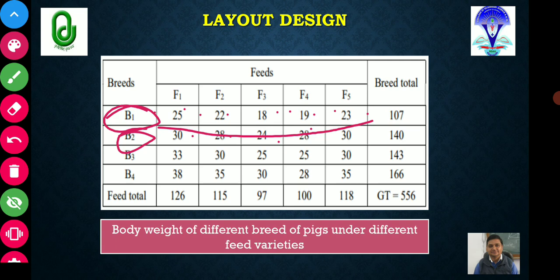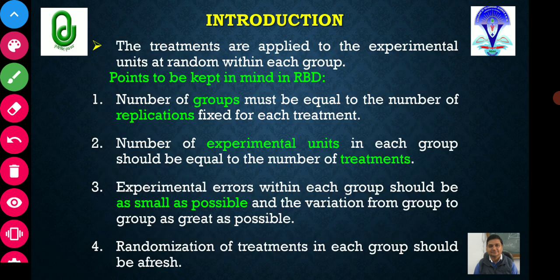So just try to recall the randomization which we were doing in the CRD experiment. In the CRD experiment, you were putting treatments randomly all over the experimental material, but here you have restricted your randomization to a particular block or particular breed or particular group. So here you have imposed that restriction. In CRD you have full freedom to randomize your experiment to any extent, but in case of RBD you have to restrict your randomization to a particular group, breed or block.